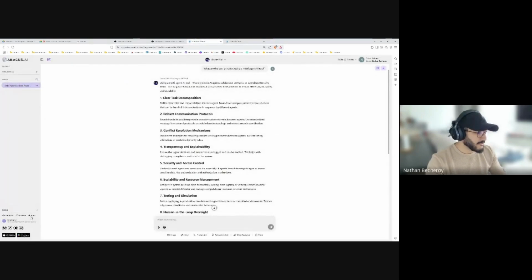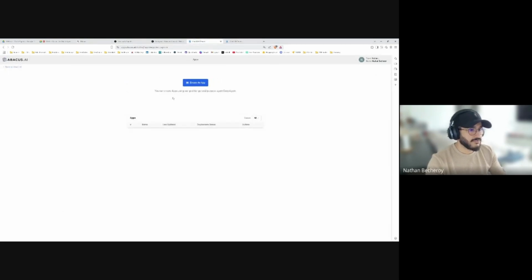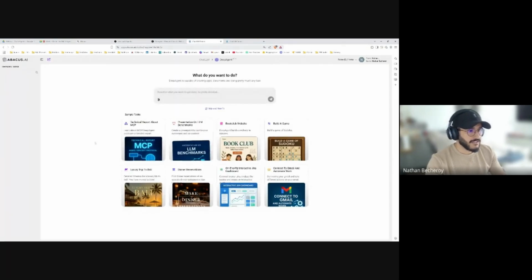You have some apps also. You can generate your own apps. When you click on create an app, you will create your own app using DeepAgent, we will see later, and then save this app like a new app, new agent. And then when you go back to your apps, there's another question I will answer just after.